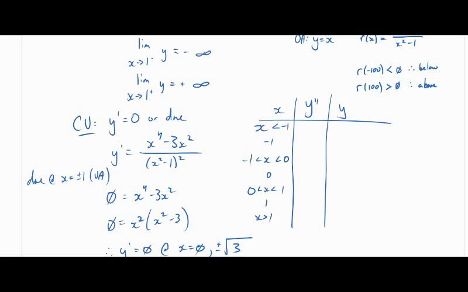Again, this is where I would put the function into my calculator and I would start punching in the numbers, but I'm going to do this for us. This one's negative. This does not exist because it's an asymptote. This one's positive. This one is 0. Lots of stuff happened there. We had an intercept. We had a point of inflection. We had a critical value. This one is negative. This one's an asymptote. And this one's positive. So I've got concave down, vertical asymptote, concave up,